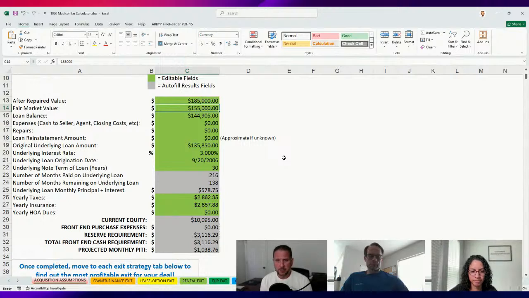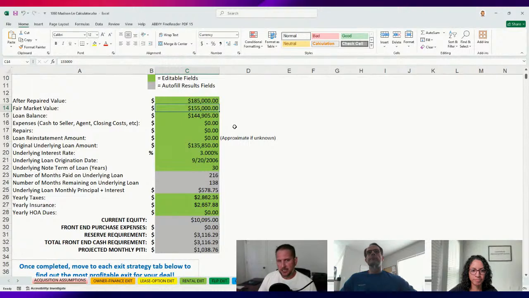And that is going to be our cost basis for when we find our seller finance buyer, and that's going to be our cost basis for how much we're actually going to sell to our seller finance buyer for. All right, so